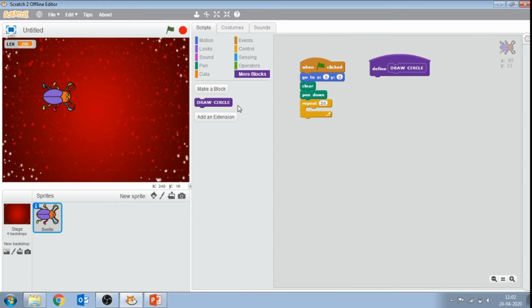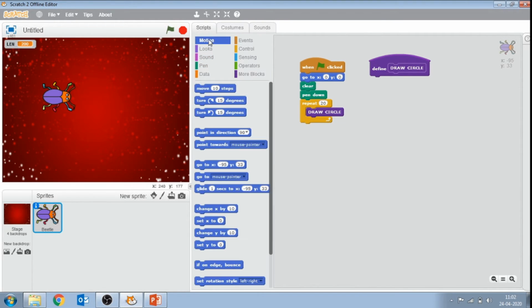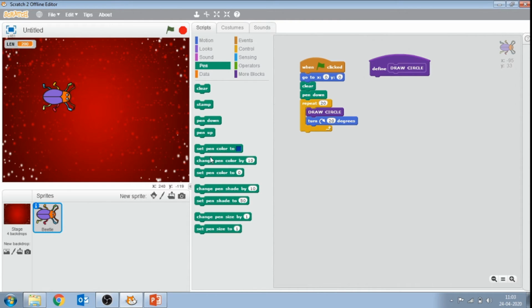Here we define draw circle, so we can drag a draw circle block into our repeat block. Then go to the motion block, turn 20 degrees. Go to the pen block and change pen color by 25.